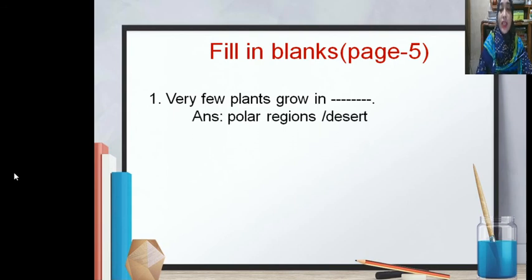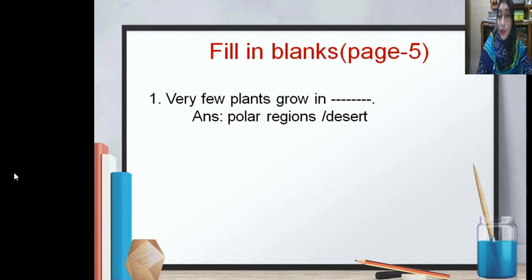Dear students, এখানে দুটো অপশন দিয়েছি আমি, polar regions and desert. তোমাদের যেটা ইচ্ছে তোমরা সেটাই লিখতে পারো, কারণ polar regions এও খুব few ট্রি থাকে, প্ল্যান্টস জন্মায়, আর ডেজার্টেও সেম। তো তোমরা চাইলে যে কোনো একটা লিখতে পারো। আমি ডেজার্টটা লিখেছিলাম বিশেষ করে কারণ আপার ক্লাসে গিয়ে পোলার রিজিয়নের একটু ডিটেলস কম থাকে, ডেজার্টটা একটু বেশিই থাকে, সেজন্য ডেজার্টটাকে লিখেছিলাম। এখন তোমাদের যদি ইচ্ছে হয় তোমরা পোলার রিজিয়নসও লিখতে পারো, নো প্রবলেম, যে কোনো একটা লিখলে চলবে।